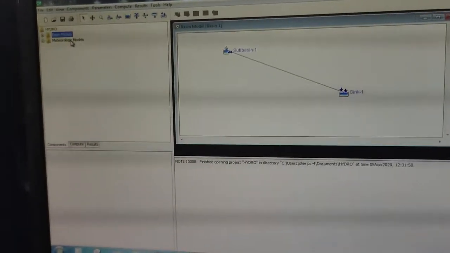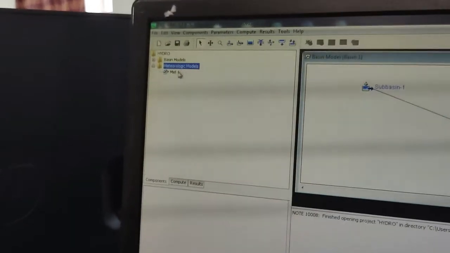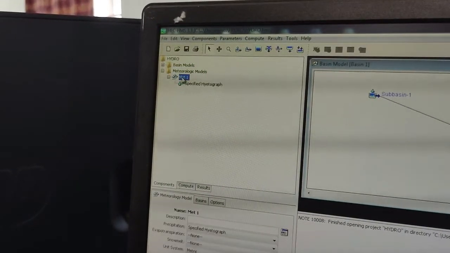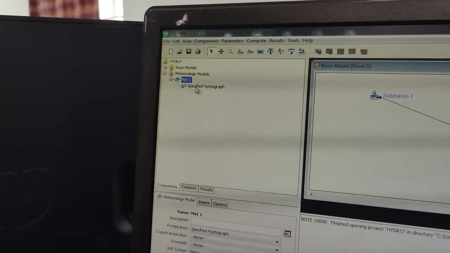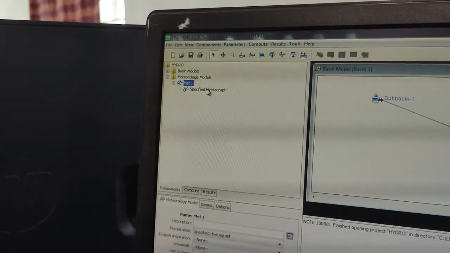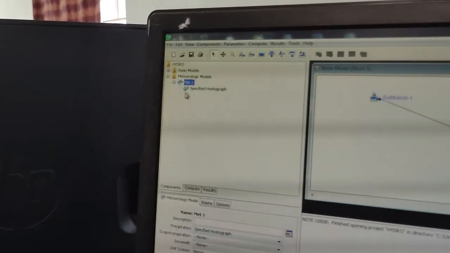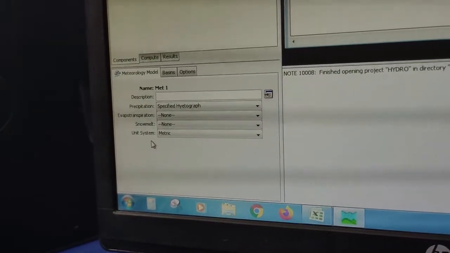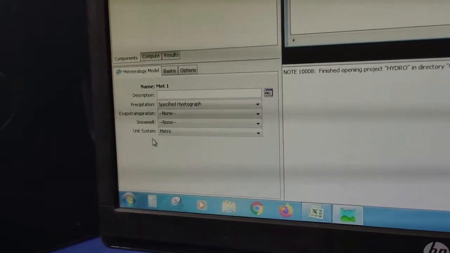Now we'll double click on meteorological model. We can see the MET1 is created. Double click on MET1. We'll be getting the specified hydrograph. Okay, you can see in the meteorological model, these are the components: precipitation, evapotranspiration, snow melt, and unit system. As I have told you before also, the unit system will always be in metric.